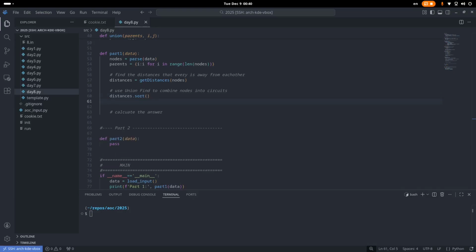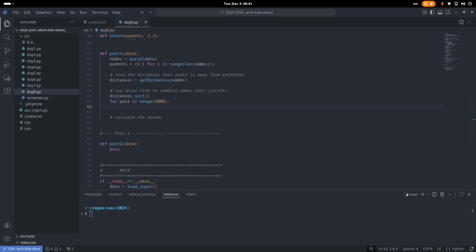Okay, and then the puzzle input specified that we should attempt to connect together the first 1,000 closest points or pairs in distances. So we can just say for pair in range 1,000,